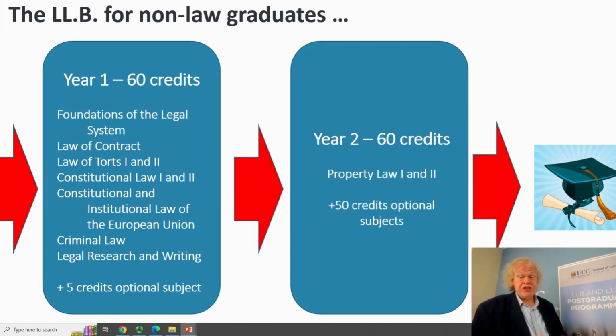And so in your second year, you get a huge amount of discretion there. We insist that you do property law. We are lawyers after all, but nonetheless, the other 50 credits, you get to pick, and you get to pick from virtually all the subjects that are available to undergraduates there. So that's the way you do it if you're doing it in 2 years, which, as I say, most people